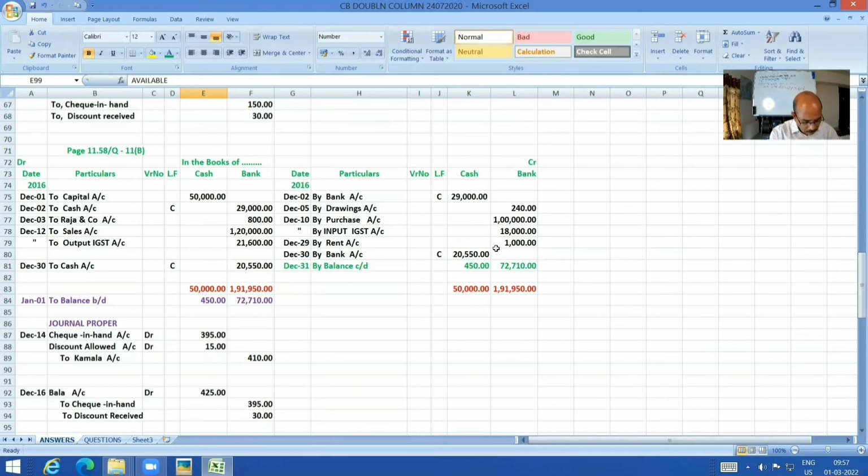Purchased goods for rupees 1 lakh, IGST 18%, payment by check. Well, IGST, the term I never explained to you when I introduced GST. I had told you only about CGST and SGST. IGST denotes integrated GST. That is required in case of interstate sale only. That much knowledge is sufficient for the time being. When we learn GST in detail, at that time we will learn more.